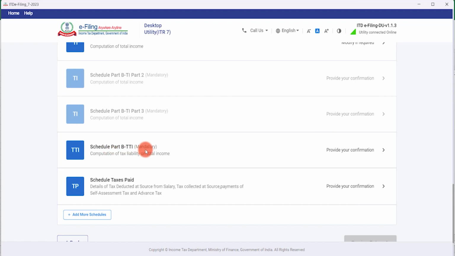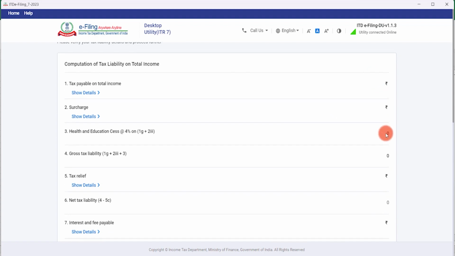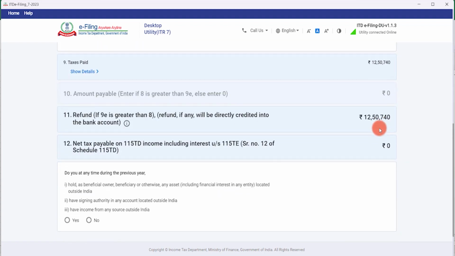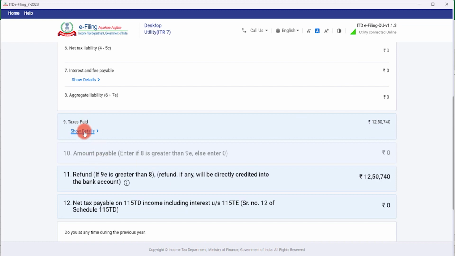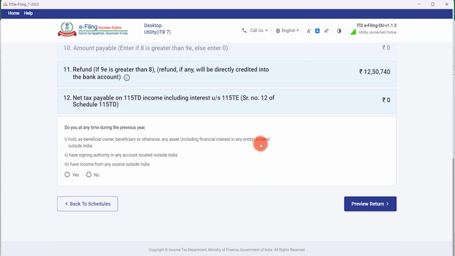Then comes part B TTI, which is computation of tax liability on total income. Since our total income has become 0, of course the tax liability will also be 0. Just check it. Taxes paid will get automatically filled from Form 26AS, which will be reflected in point number 9. You will see that amount in the refund because our tax payable is 0. Here a small question is: do you at any time during the previous year hold any asset outside India or have any signing authority located outside India or have any income from other sources outside India? Click on no